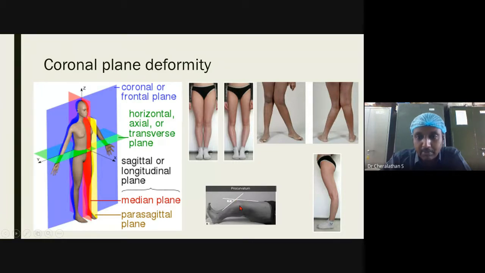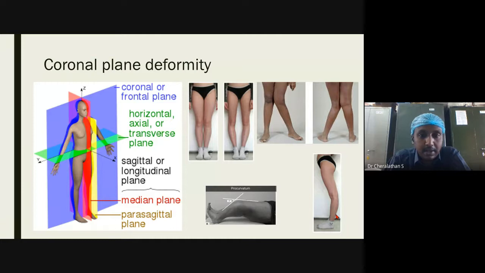The knee joint comes forward. Easily remember, pro means forward, right? So procurvatum, the curve is forward. When you have a forward curve, it is a procurvatum. But when the knee goes back, when you have a backward curve, this is recurvatum. So these are the four possible deformities in a knee. Today we are going to specifically see only about genu varum and genu valgum.